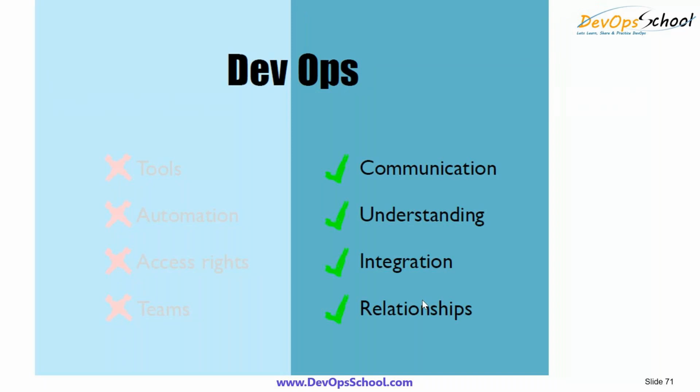DevOps is all about how effectively you communicate with each other. Each other means dev team, QA team, operations team. How well you communicate. So the objective, I showed you multiple times. You must remember what the objective is. How effectively you understand each other, how easily integration is there, how you have a relationship between the dev, QA and operations working together for that goal, and then tools, automation, access right, and teams will come into